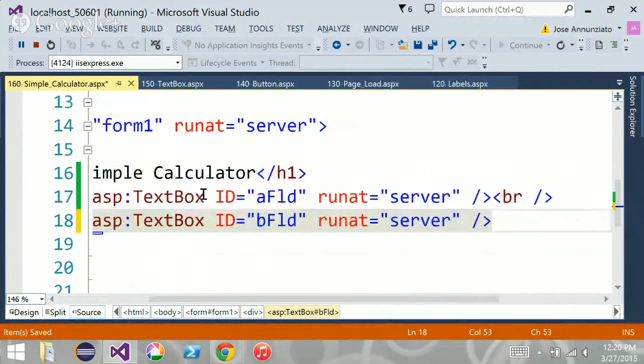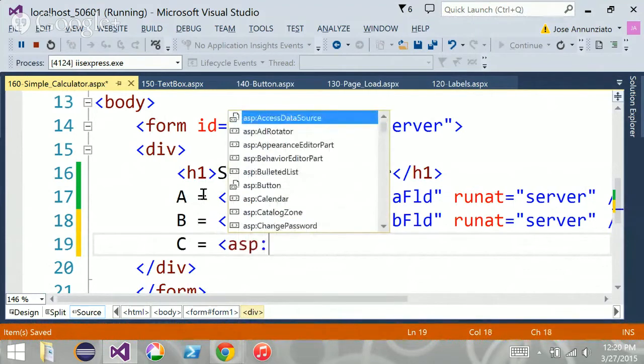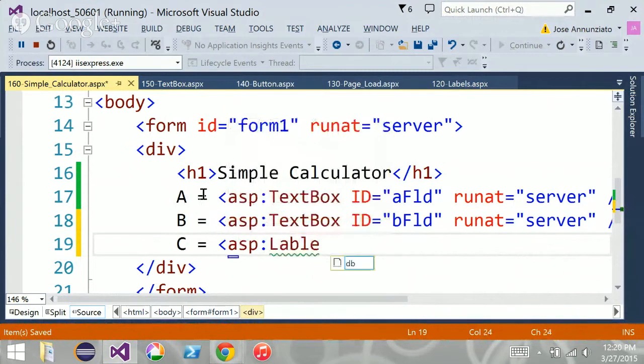And I'll close that and do a break. And finally, we'll have C be the result of adding or subtracting A and B. All right. And so what C will be instead is a label. I'll call it C label. This is going to be run at